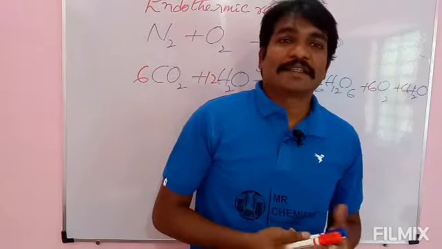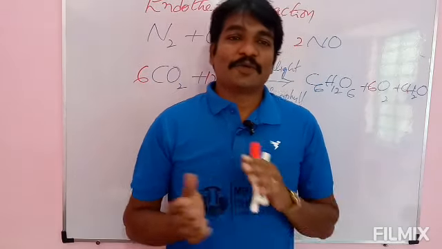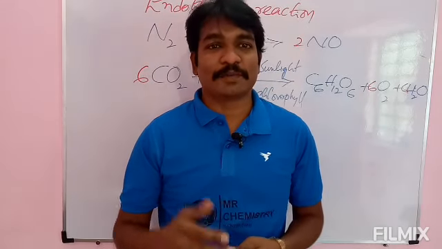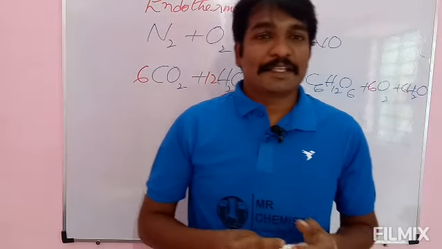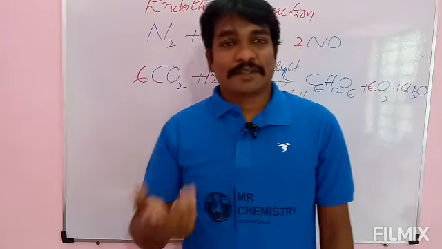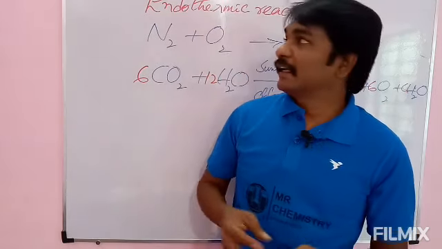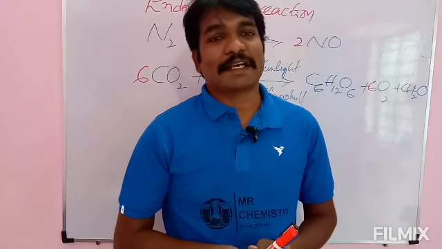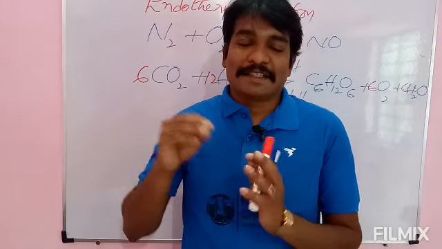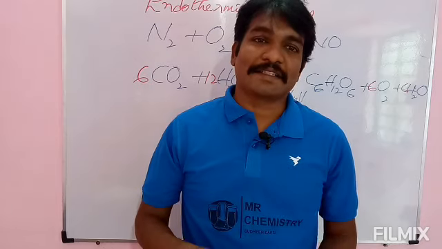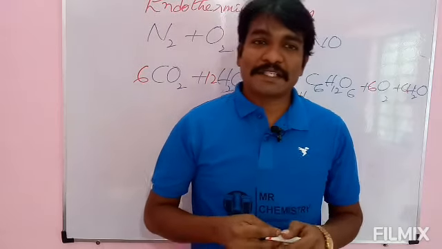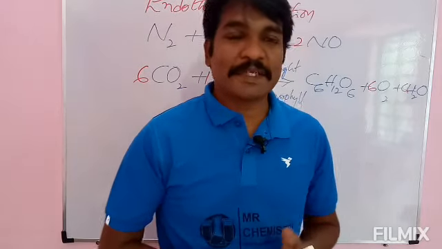In this class we learned combination reactions, in which elements and elements, elements and compounds, or compounds and compounds combine with each other to form a new compound. In addition to combination reactions, we discussed exothermic and endothermic reactions. An exothermic reaction is a heat-releasing reaction, and an endothermic reaction is a heat-absorbing chemical reaction. Don't think that all exothermic and endothermic reactions come under combination reactions. We just discussed them in relation to combination reactions, and the same type of reactions can be seen under decomposition reactions, displacement reactions, and double displacement reactions.